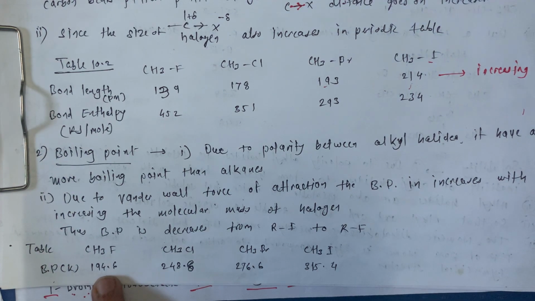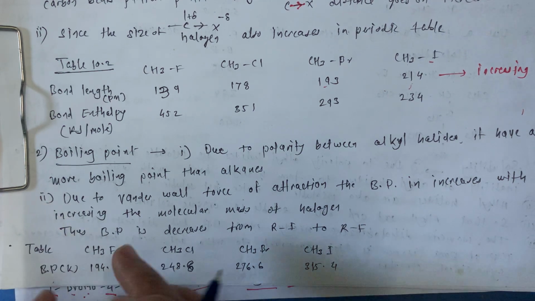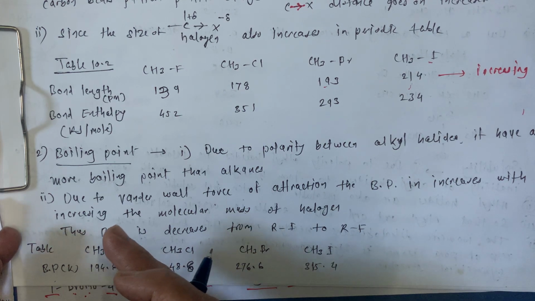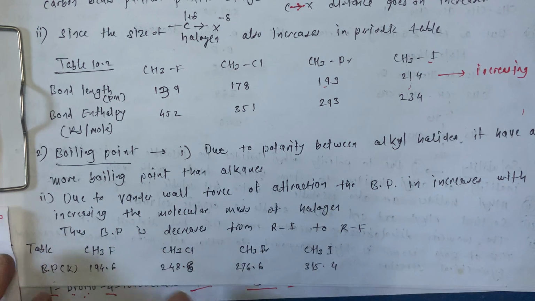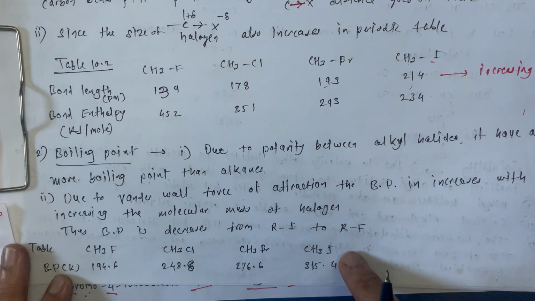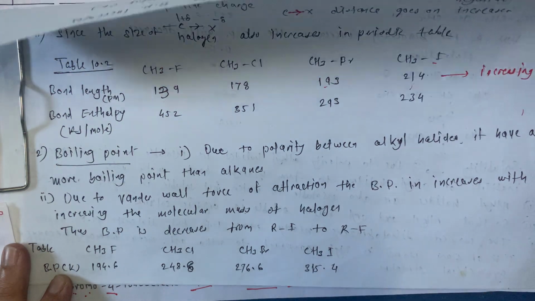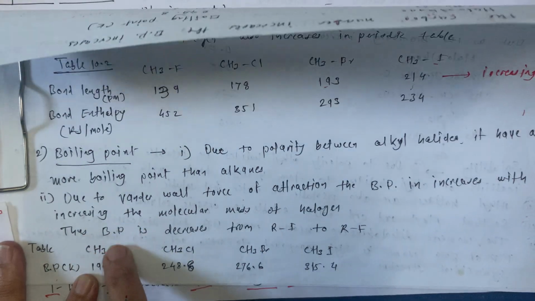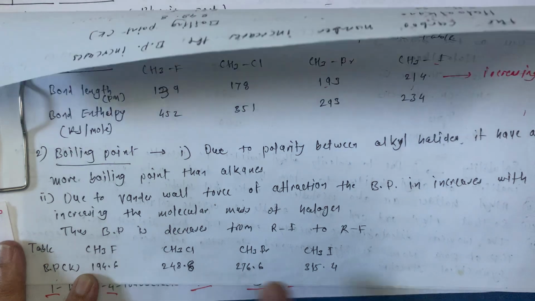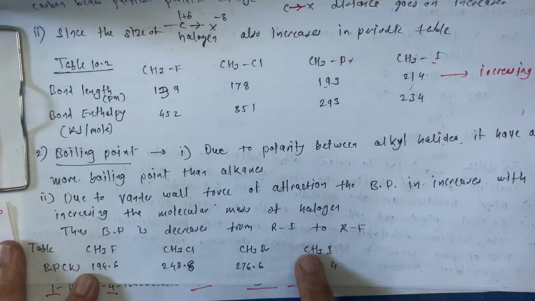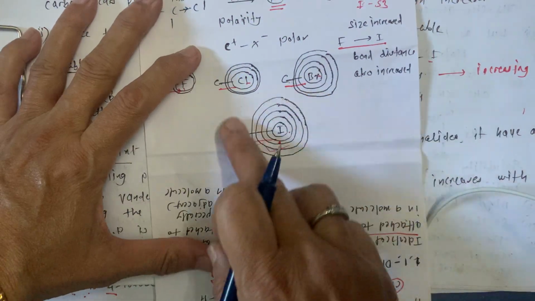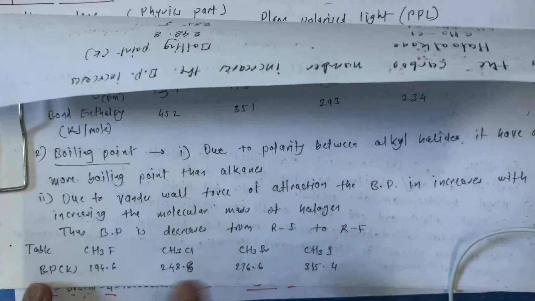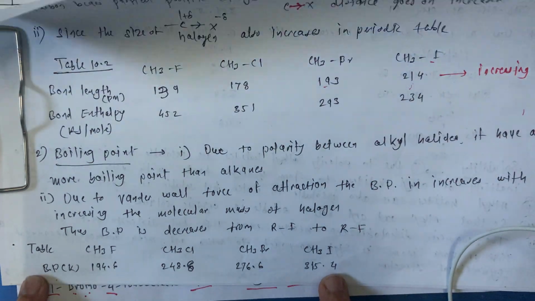We know that if it is a small, very weak or thin person, we can push them very easily. But if it is a heavy, hefty person, then we require more energy to shift. In the same way in boiling point, this molecule is very small, so 194.6, while CH3I is a very big compound like this, and that's why it requires more energy and its boiling point is higher, 315.5.